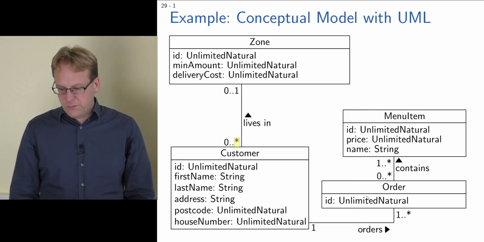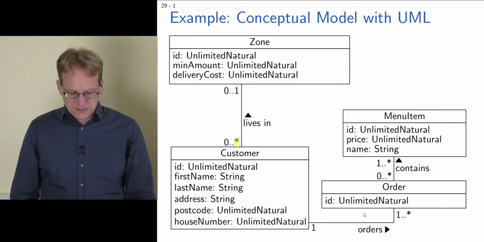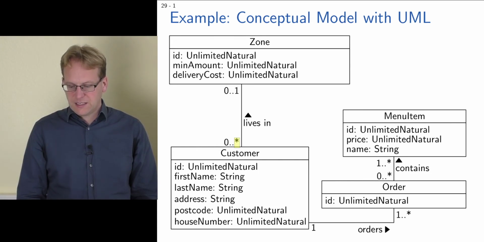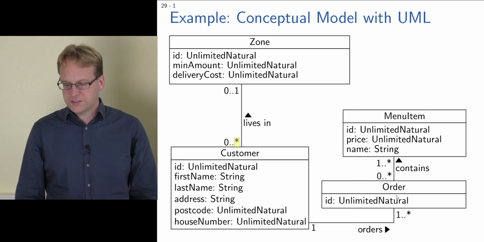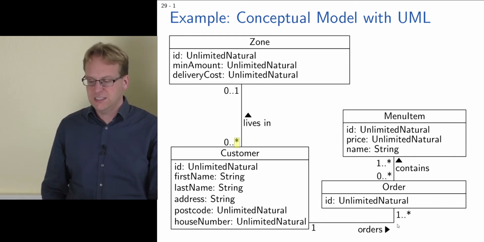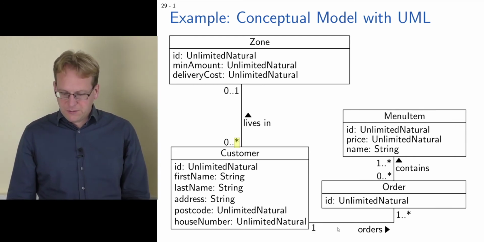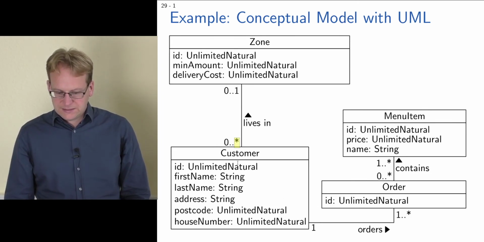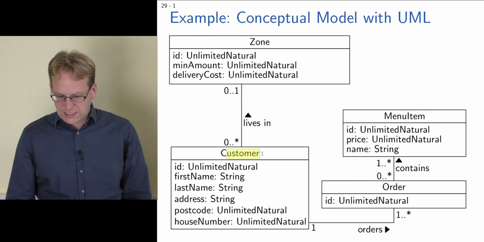Well, we have 2 more associations in this conceptual model. The first one shows a customer making an order, or a customer ordering an order. Sounds strange, but let's keep it like it's written here. Yeah, and again we can see these multiplicities that say that a customer